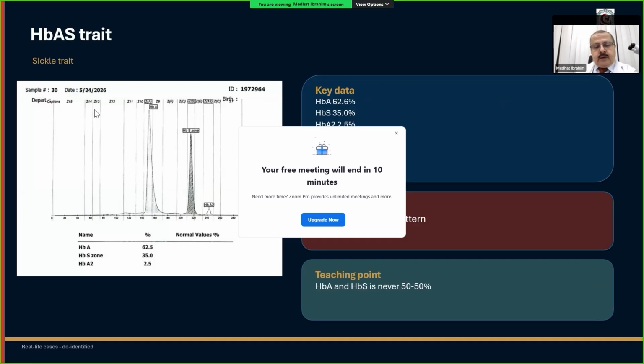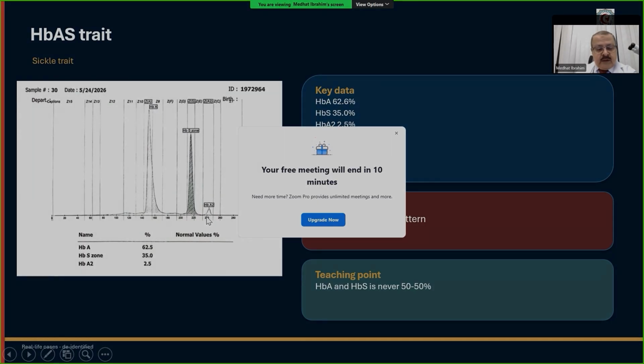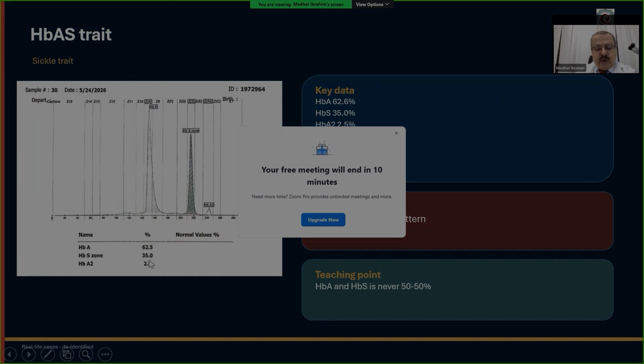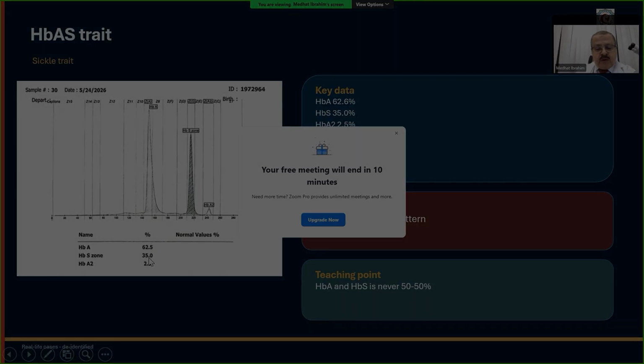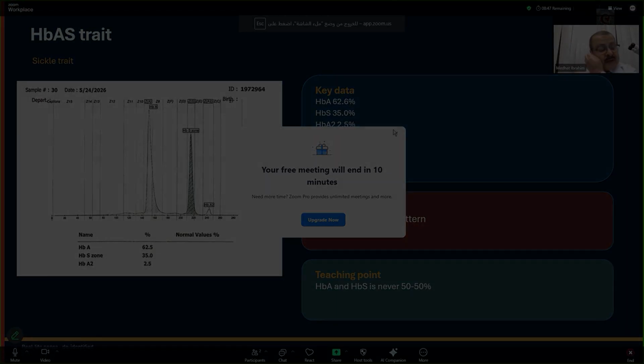Right, hemoglobin S trait. In this case, you will have reduced hemoglobin A and an abnormal hemoglobin S band, and normal A2, which is again from 2 to 3.5%. As you can see, as we said earlier, the hemoglobin S band should not be